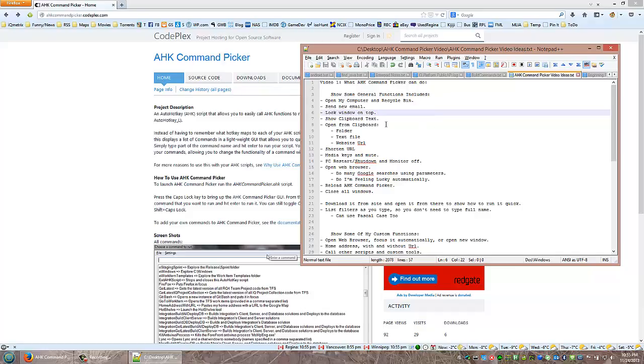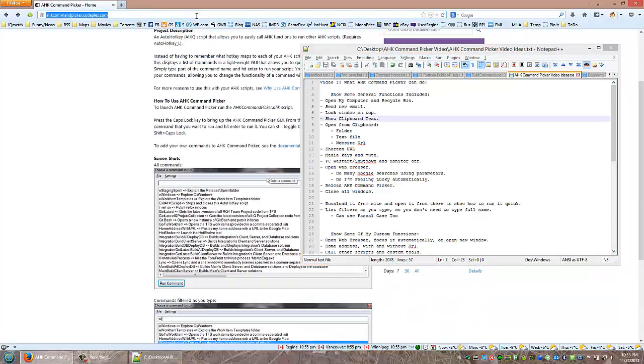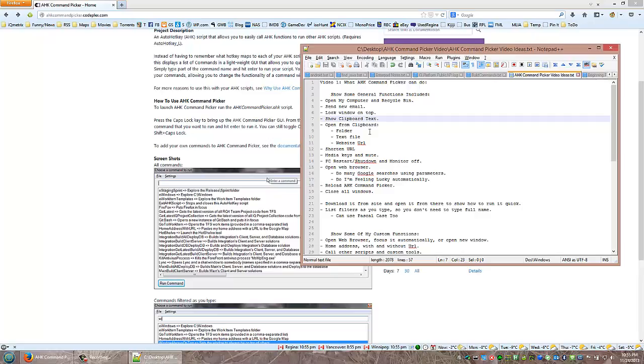So this can be useful if you're maybe filling out information on a website form and you're copying the information off of Notepad or something else. Maybe you can't copy paste the text directly, so you have to type it in. This allows you to do it really easily. And this is especially useful if you don't have a second monitor to drag